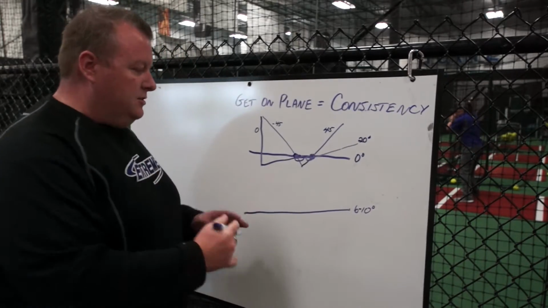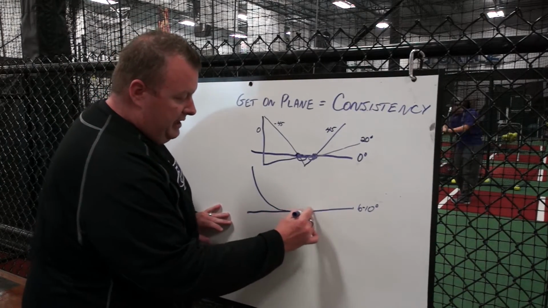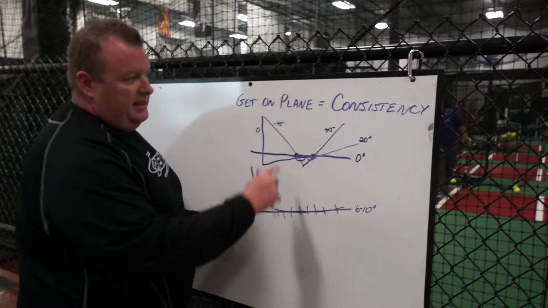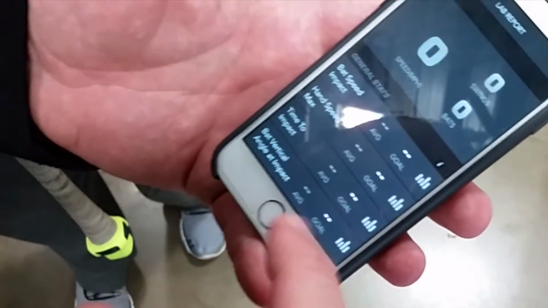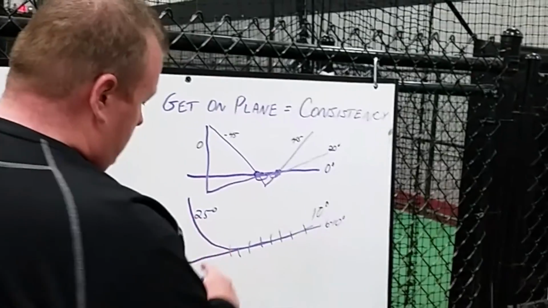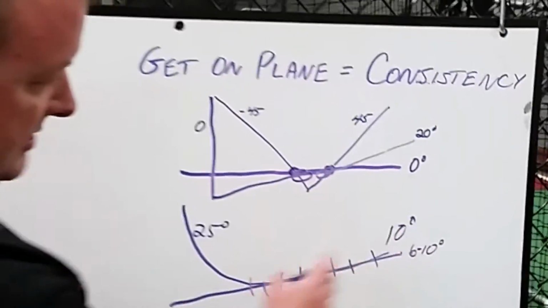What we're trying to do is we're trying to produce a swing that matches the plane of the pitch for a long period of time. This will lead to more consistency by getting on plane. When we look at the measurements for our young hitters and our old hitters, we know that that's gonna be around a 25 coming in and around a 10 degree going out.